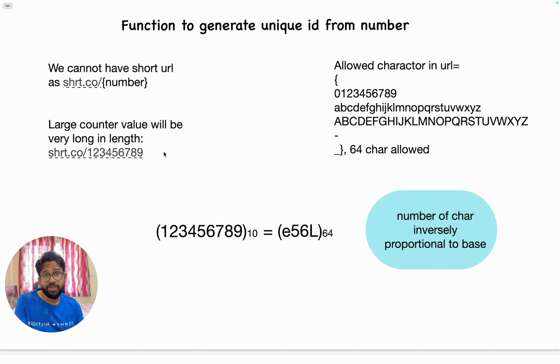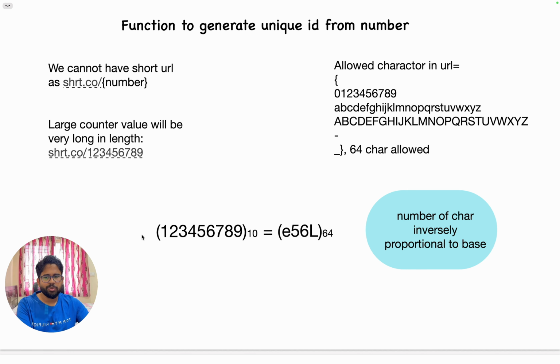So how do you make them smaller? If you see, this is base 10, which means that each index can be filled with 10 options, 0 to 9. Instead of base 10, since for each index you have 64 options, 0 to 9, A to Z, and so on, why not use base 64 of a particular number and then store that? The number of characters is inversely proportional to the base. So if you have base 64, then you have a smaller number of characters compared to a lower base.